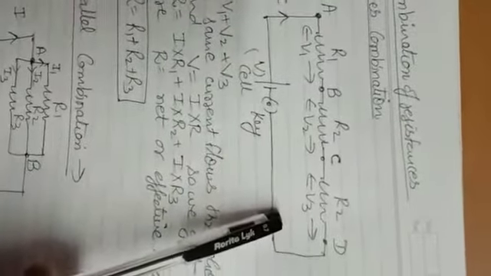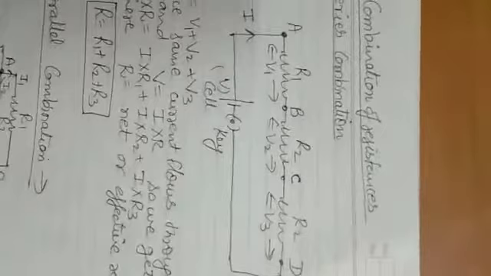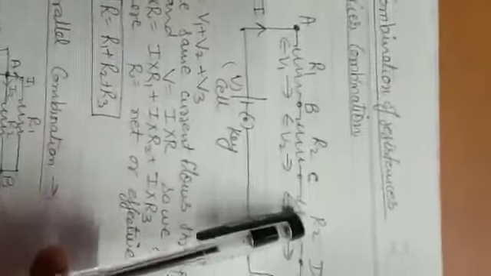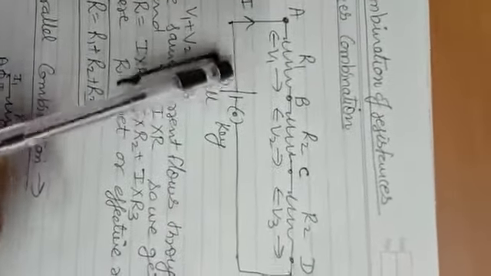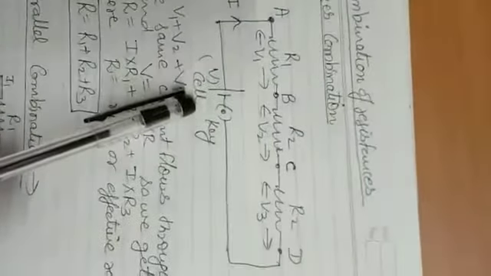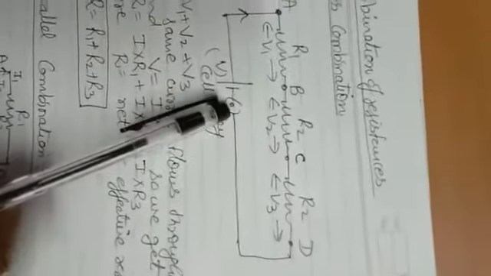Now in series combination, for example, three devices we have taken, R1, R2 and R3. You can compare it to three students standing hand in hand: the first student's hand is held by the second, the second one's hand is held by the third, and so on. Here we are representing three different values of resistance or three different appliances. If you see the complete circuit, only one possible path is there for the flow of charge, from the positive terminal of the battery to point A, then B, then C, then D, and back to the negative terminal of the battery if the key is on.